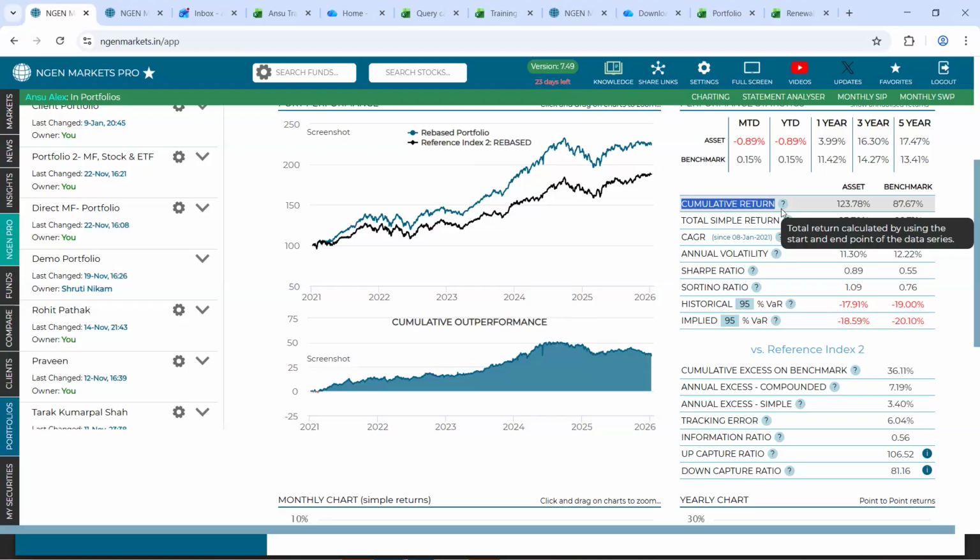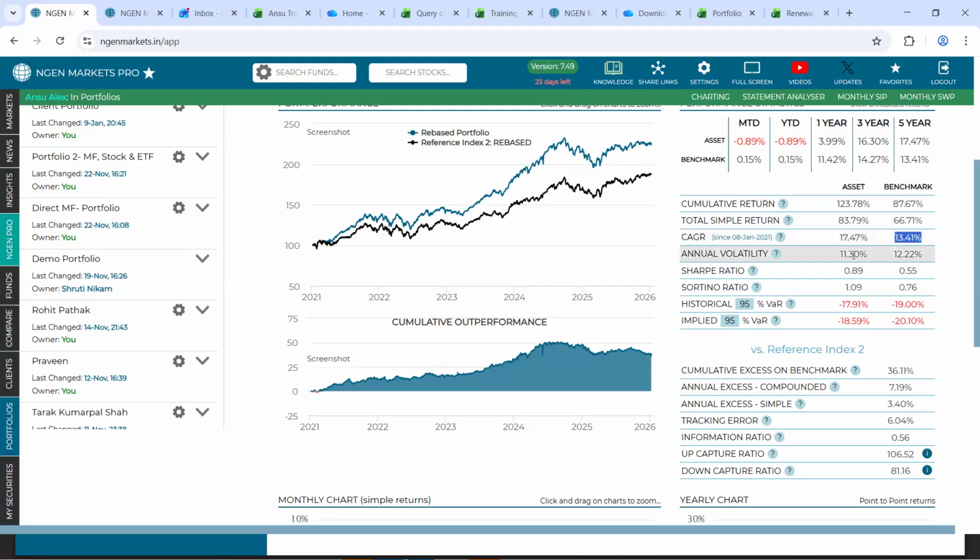How have the changes happened? It says that for the portfolio, it is 123.7%, while for the benchmark, it is 87.6%. Following that, the CAGR return is also available, which is 17.4 for the portfolio and 13.4 for the benchmark.